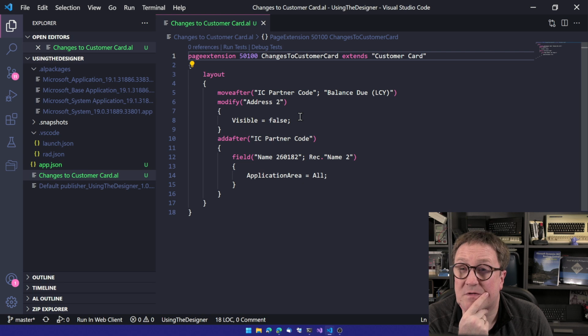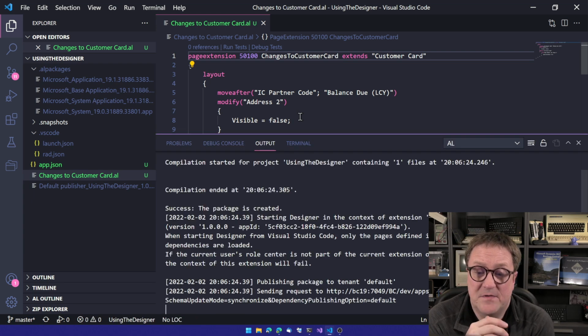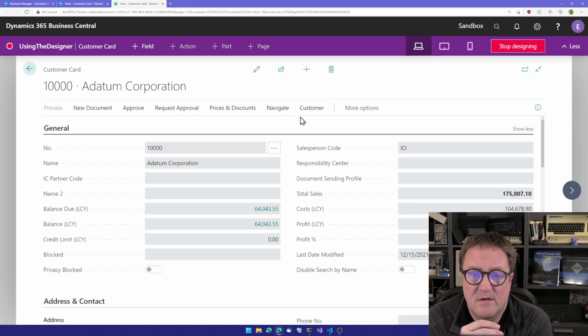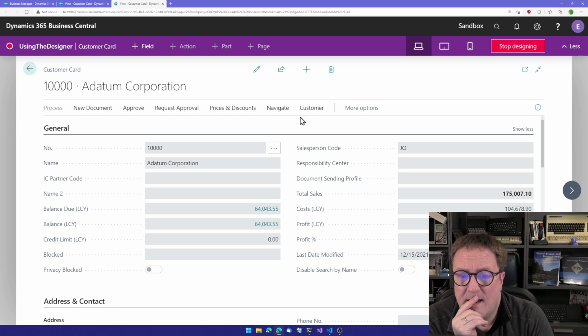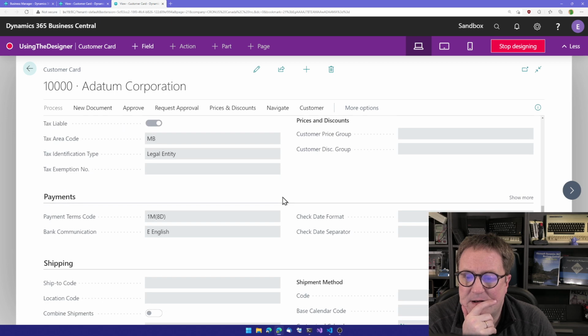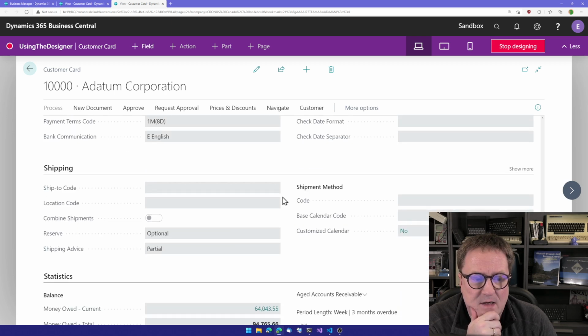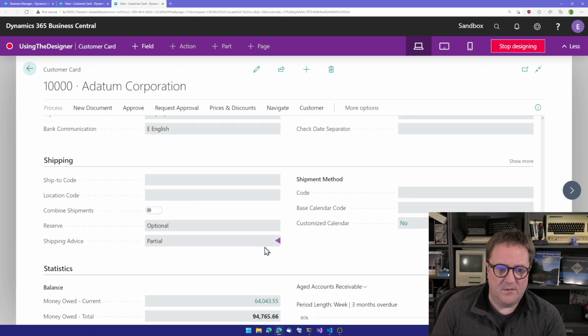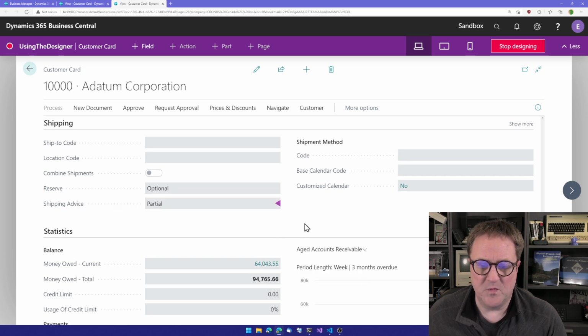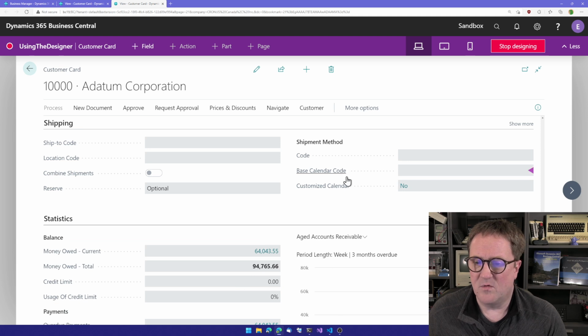we forgot to do something. So let's go back. So now I'll hit F6 again. So now we're starting and we're getting the same thing, and this time it's fast. So now we're back in the designer. And I forgot, what did I forget? I forgot that shipping advice, that's not helpful. So I'll remove that, and then I will